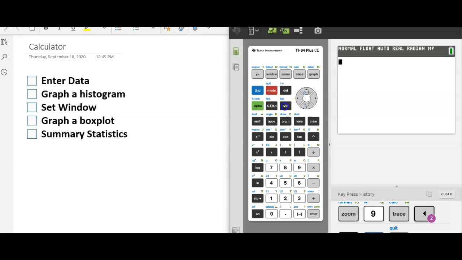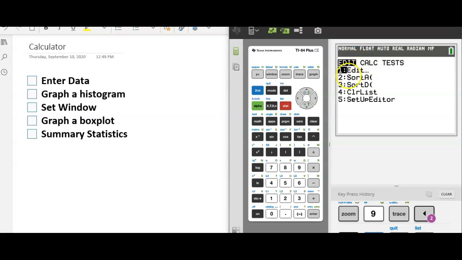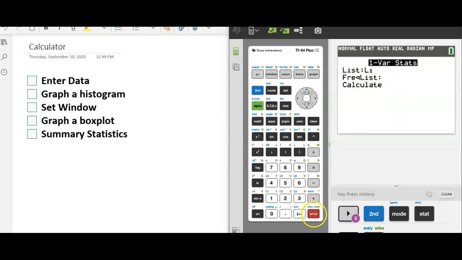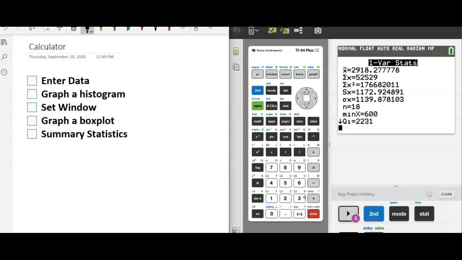So again, under stat, this time over to calc, and number 1, we want 1 variable statistics. Make sure this says L1, hit enter until you get to calculate. Now the values we need to know in here are X bar, which is the mean, S sub X is the standard deviation,